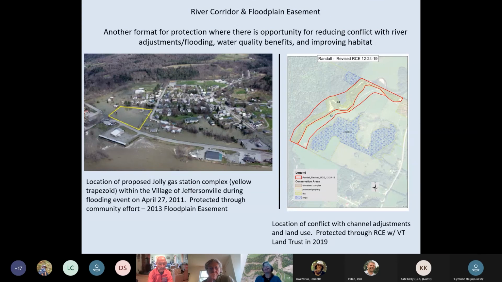So the community of Jeffersonville experienced significant flooding in the spring floods of 2011. The yellow box is where there was a proposed and permitted project for development in this area. The community saw the flooding that occurred in 2011, and the amount of water that was in that yellow square would be recognized that if the development occurred in that area, the water would be shifted to other locations in the community, making already vulnerable homes more vulnerable.